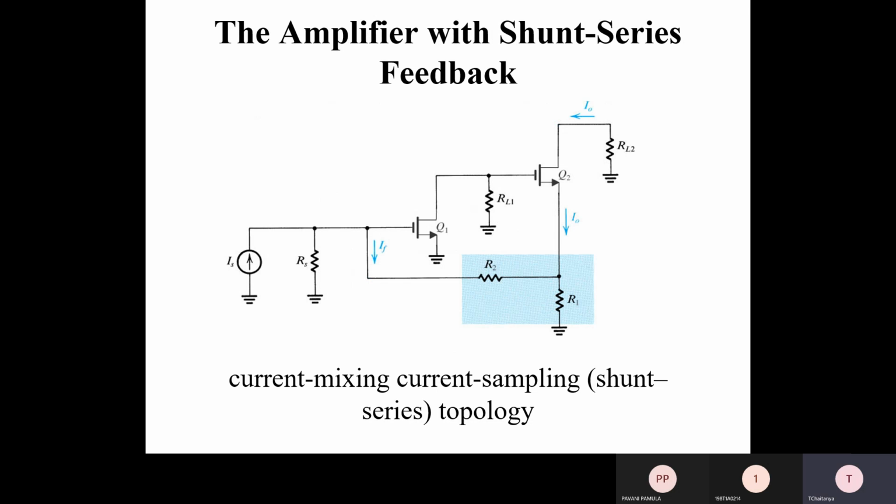See the amplifier with the shunt and series feedback. For that, consider the current as the source, Ri is the input resistance for the current source, and Q1 is a transistor or a FET. Here you consider it as a FET. Q2 is the FET for the amplification factor. Here I is passing through the active device as well as through the R2 resistance for bypassing.